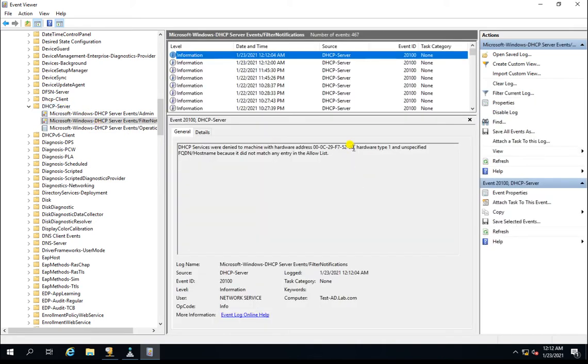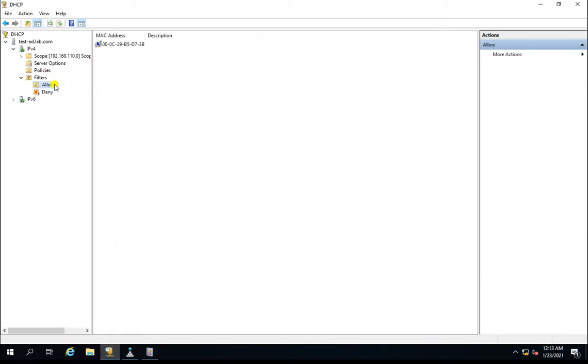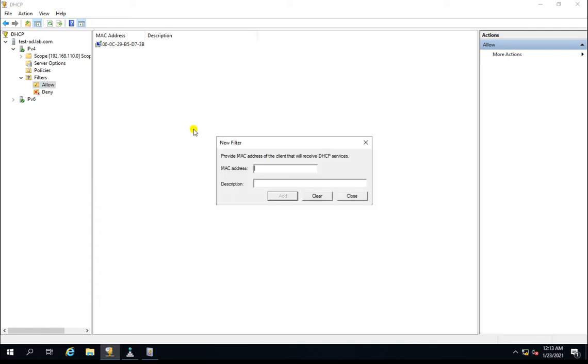Here you can see that at 12:12 it was trying to connect with the DHCP, and DHCP declined this request. So we can take this address, go to the DHCP, and allow it here.